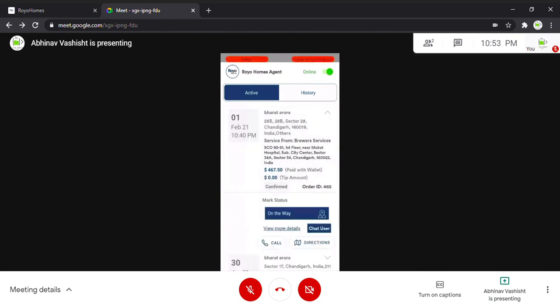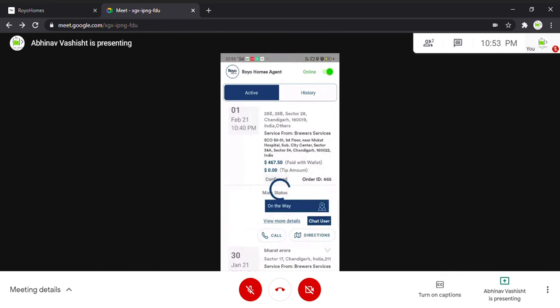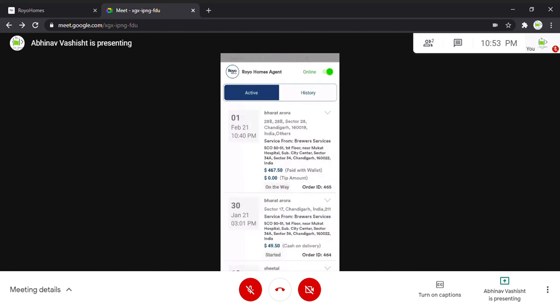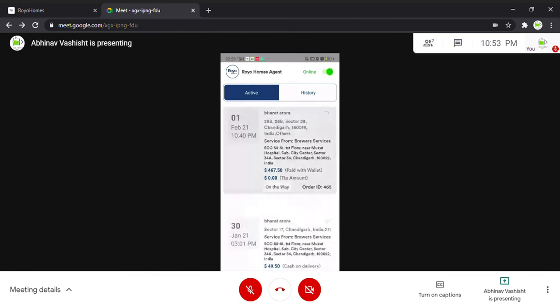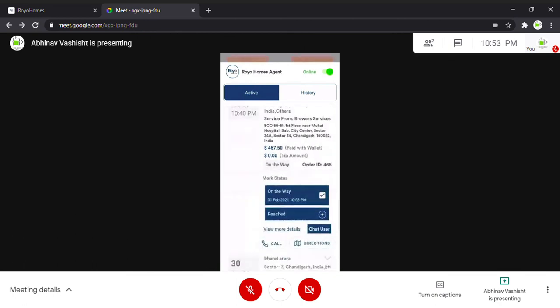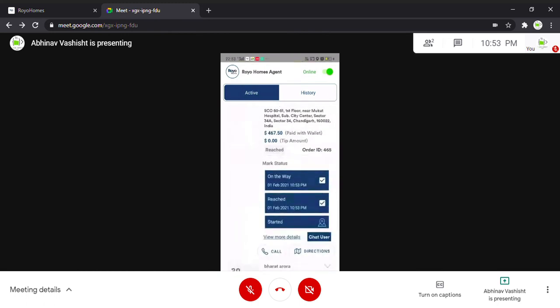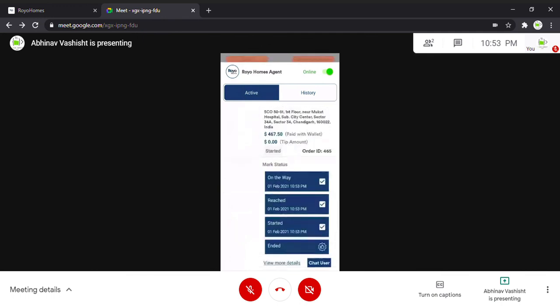Earlier it was pending. Now the agent can select on the way, reached, what kind of status they want to show. Then they can click on reached. Then after reaching, they have started the service and they have ended the service.